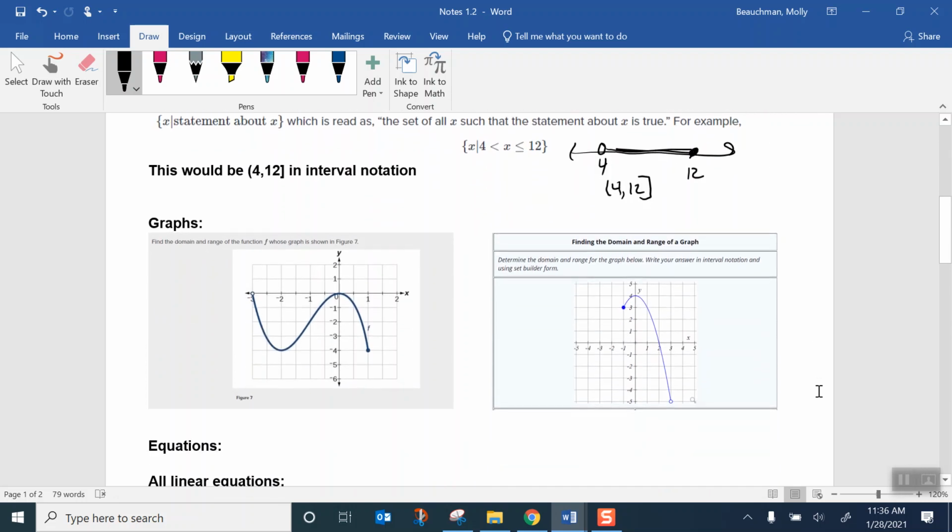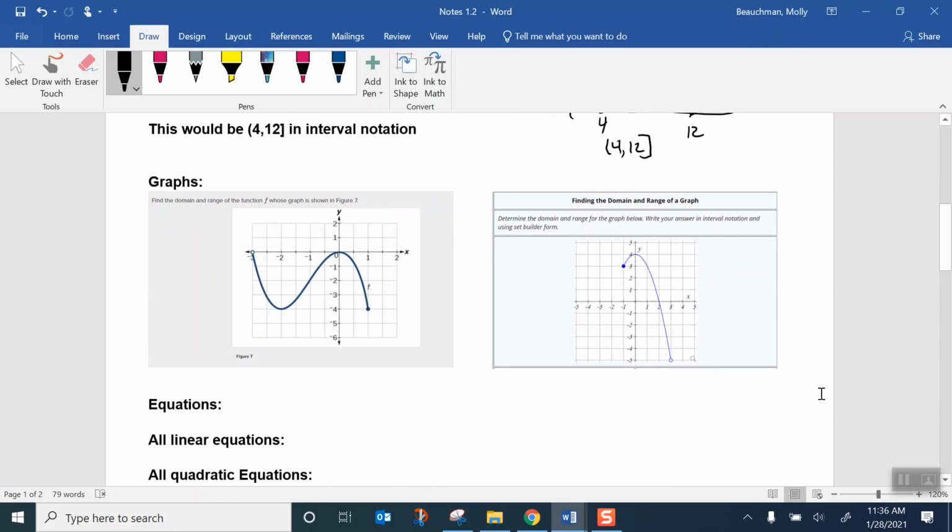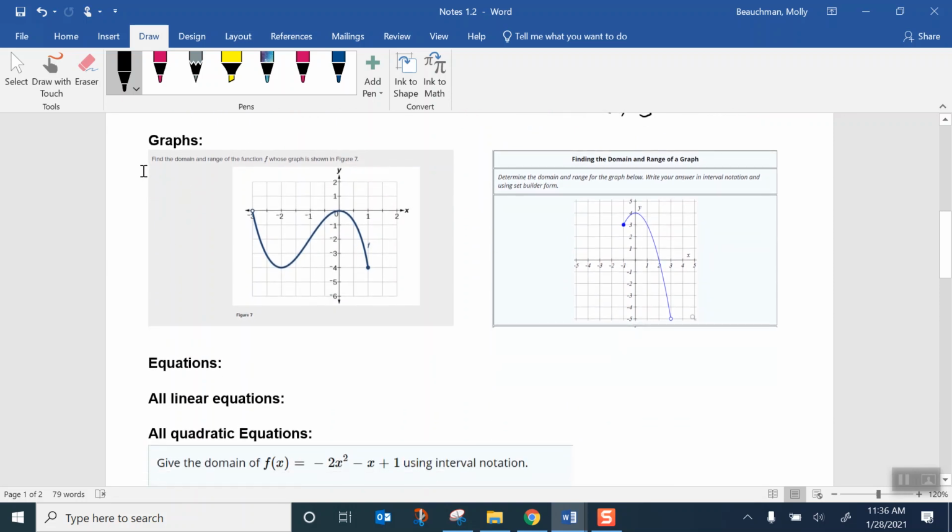All right, so let's take a look at domain and range now that we know how to express domain and range. So if you've got a graph and you want to find the domain and range whose graph is shown, you take a look. The domain are all the x values. So the domain of this function starts on the x-axis at -3 and it ends at an x value of 1. So the domain of this function, I'll use D,